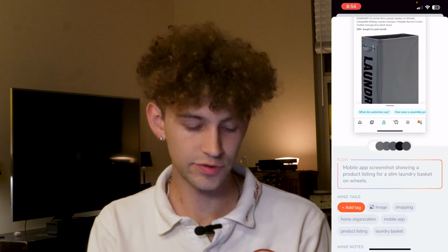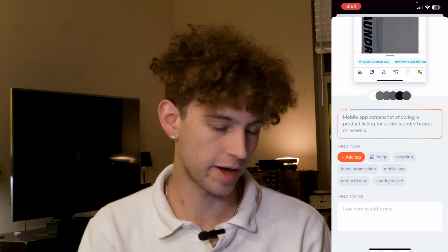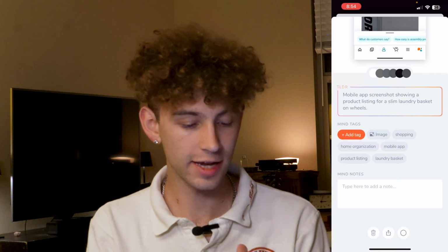Now, I personally use Notion for all my personal stuff, but what I will say is really nice about this app is anything that you add into here, you can click into it and it gives you a color scheme, you can add tags, but one thing that it does super well is it adds tags automatically. So if I scroll down here, it says Mind Tags, and it shows me it's an image, it's shopping, product list, and laundry basket,